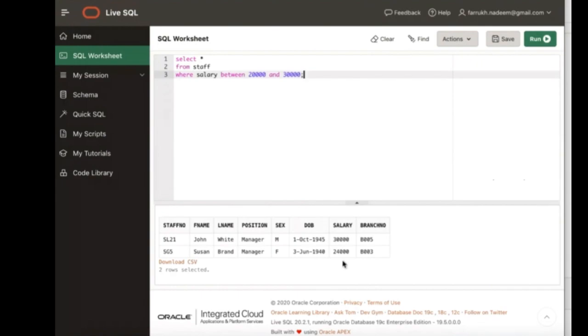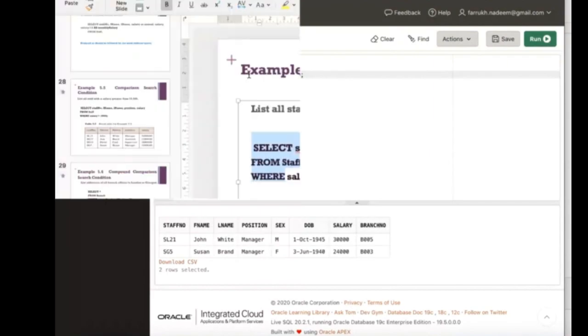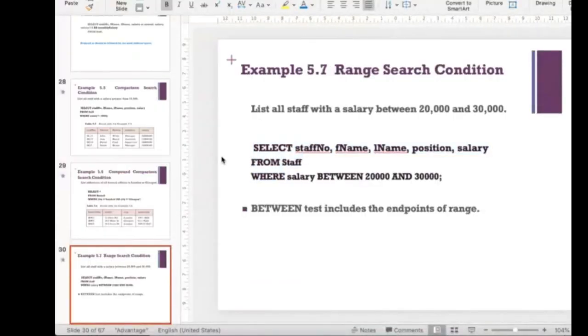Okay, see the salaries between 20,000 and 30,000. It is 24,000 and it is 30,000. So both are inclusive. 30,000 means 30,000 will also be included. If there is a salary of 20,000, that will also be included. Okay, we should